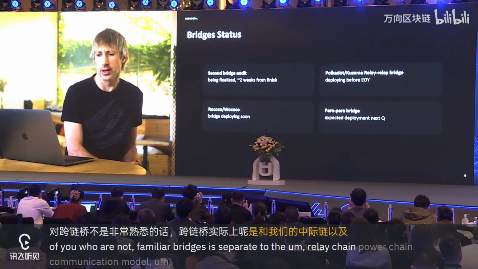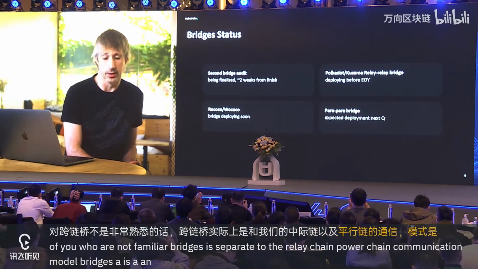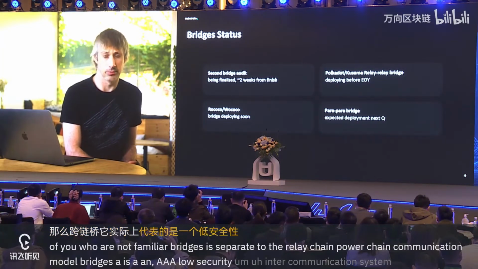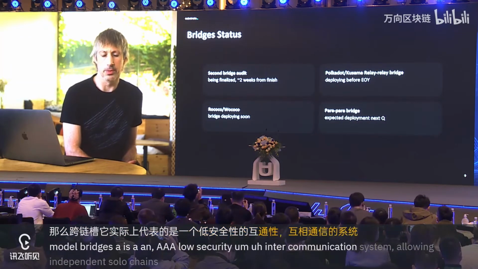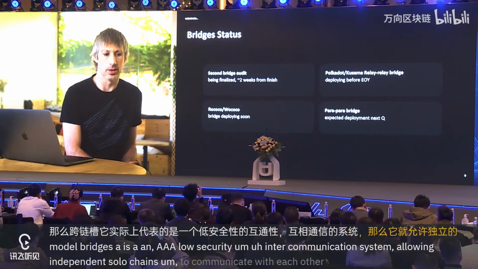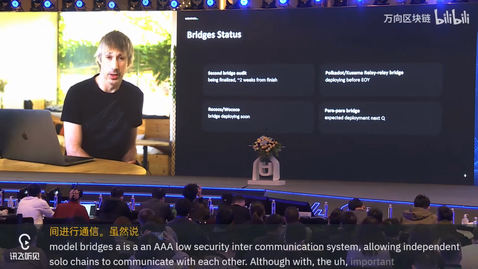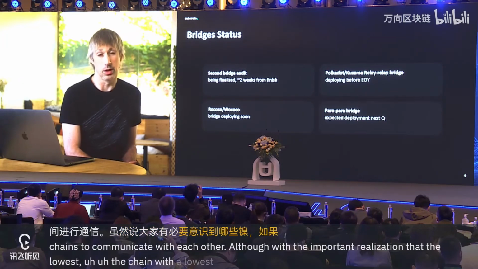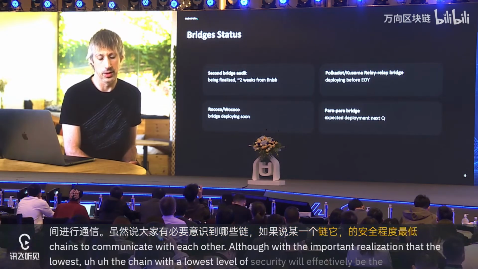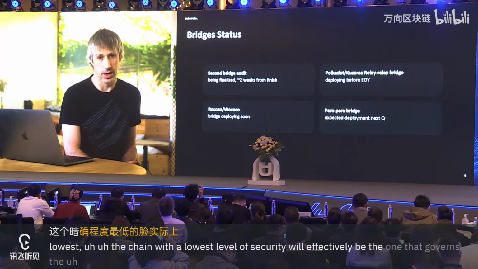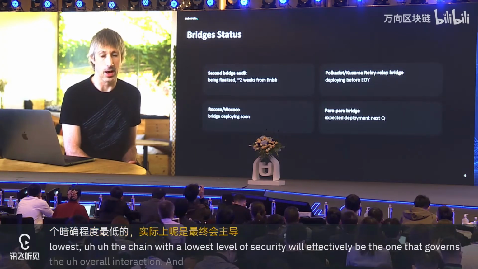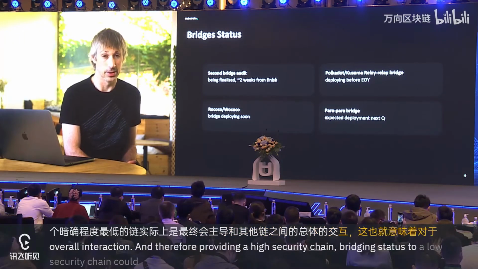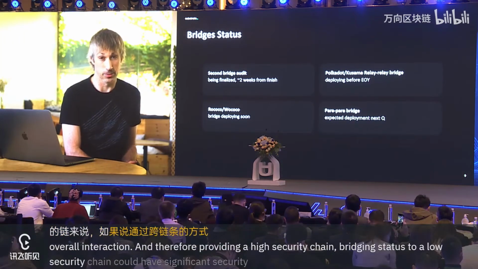Bridges is a low security intercommunication system, allowing independent solo chains to communicate with each other, although with the important realization that the chain with the lowest level of security will effectively be the one that governs the overall interaction, and therefore providing a high security chain bridging status to a low security chain could have significant security implications for that high security chain.